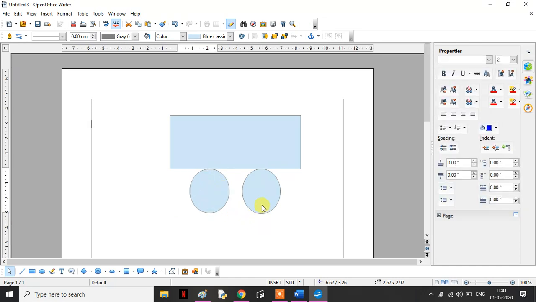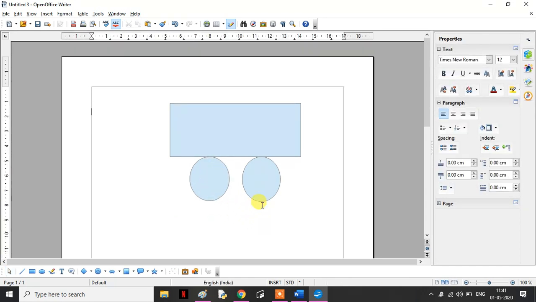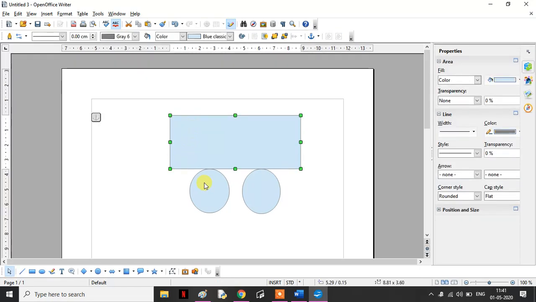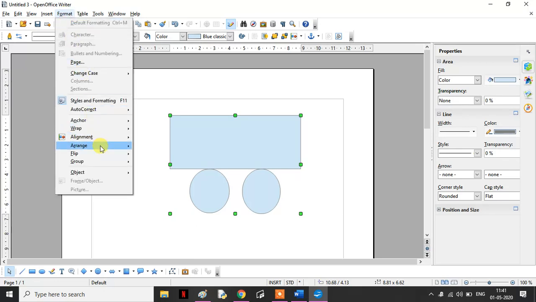Now if we group these three objects, what will happen? We can move, resize, and set the properties of multiple objects together. That is basically grouping. Grouping allows you to combine multiple objects to behave like one particular object. So I'll select these three, hold the shift key, and click on the objects. Now you can see all of them are selected together. I go to format, go to group, and under that I click on group.